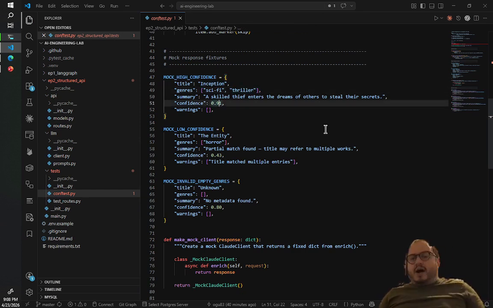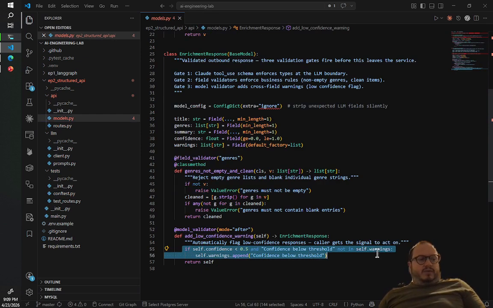Confidence is 91. Low confidence: The Entity. It's a horror movie, partial match found. Title may refer to multiple entries, with confidence below 50. What can you say? Title unknown, no metadata. Look here. If we have warnings and confidence is below 50%, we raise a warning message. So the frontend or downstream service can branch on warning length.